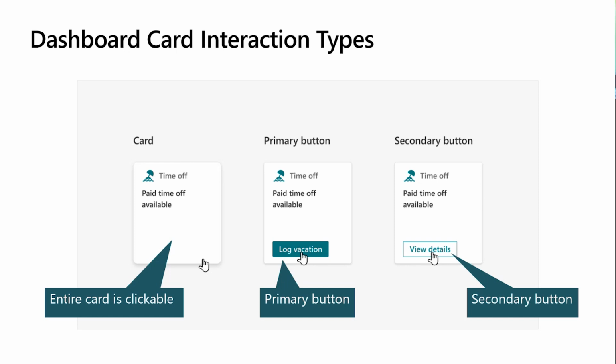I like the example here because log vacation is a doing thing. So I like the use of the primary button for it because you're actually performing a task. And then the view details using the secondary is nice because I'm not doing anything. I'm viewing more information about what it's telling me, but I have this visual cue that when I click on this, I'm not actually submitting a vacation request or time off request. I'm just seeing what the details are of my time off status.